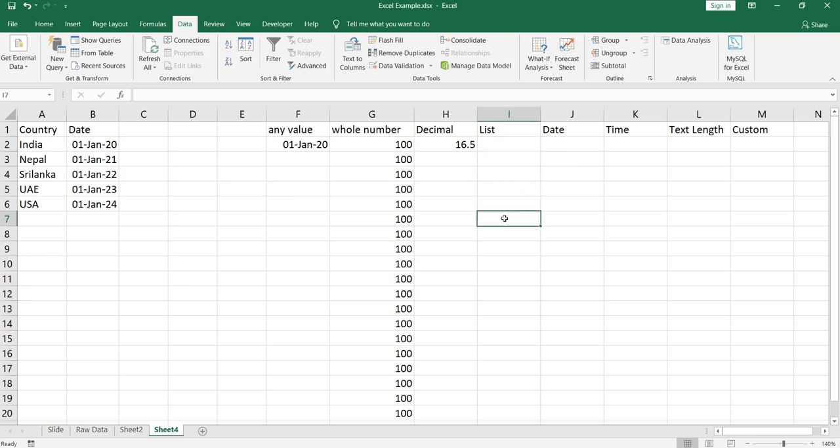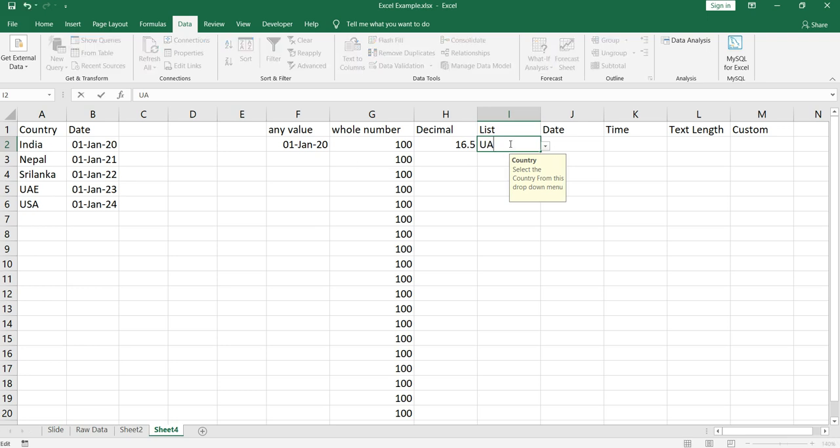Now you have added the data validation here, right? If you double click on it, you will be able to write country here, or anything else. But when you click on this cell, you will see this drop down which shows you the country names or the data points in the range you referred to. So if I select India, everything is fine. If I select anything within this range, it's fine.